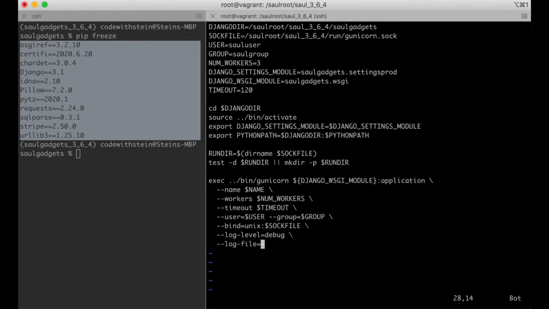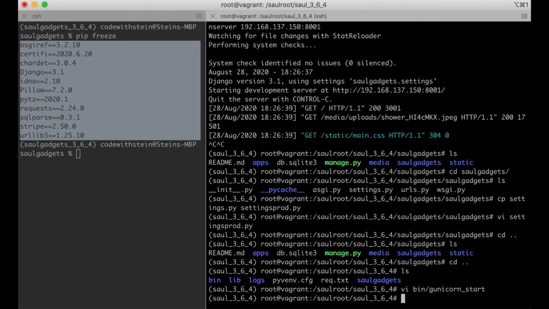So now we can save this file and make it executable by saying